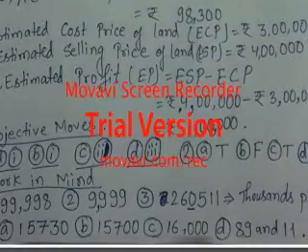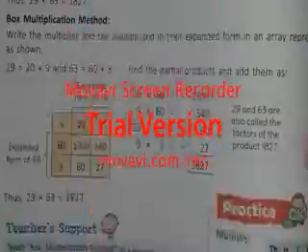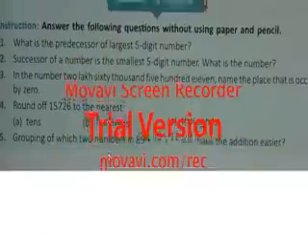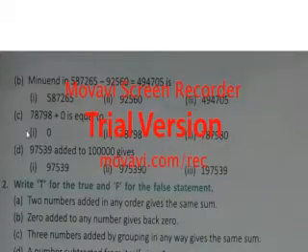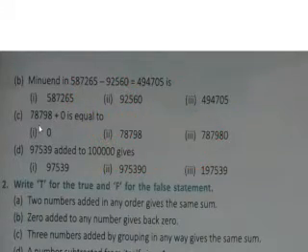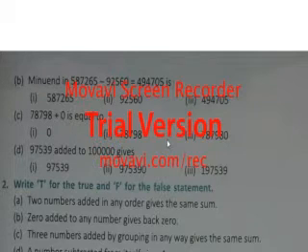Okay, and C, it is 2, not 3, it is 2. If you see here, what is there in question C? It has been said 78,798 plus 0 is equal to, when we add 0 to any number, there is no change in the number. That means it will become 78,798 only, which is option 2. So this will be the answer, C, 2.